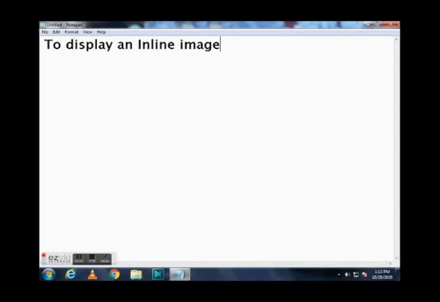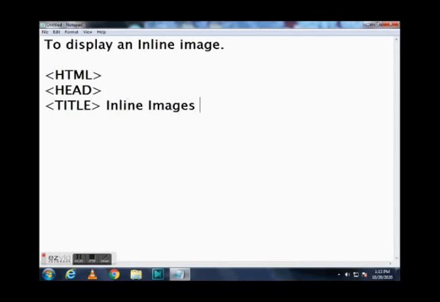So first I will be typing the code for inserting image. So this image will be displayed within the text. So first HTML, head, title, inline images. So here we are considering inline images as the title. So the syntax is very important. So this you have to keep in mind. So for this we use the syntax IMG SRC. IMG stands for image and SRC is the source,